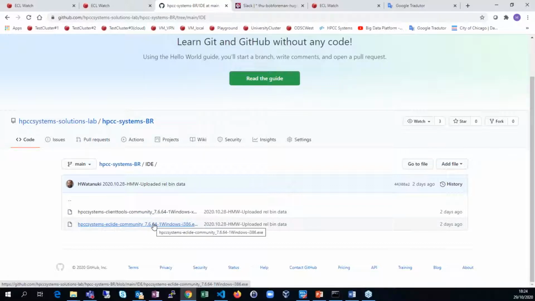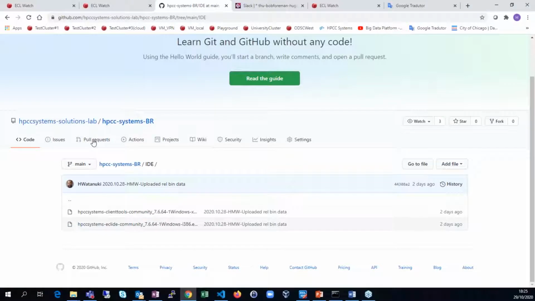There are not many settings you can get lost in. So it's a pretty straightforward installation. You can just accept the defaults, and in 1 or 2 minutes, you will have the IDE installed on your PC. And how do you know you have ECL IDE installed? You can just open your Windows Start menu, and you will see either the ECL IDE icon here, or if you scroll in alphabetical order, you will have an HPCC Systems folder with the ECL IDE icon right there. Okay,